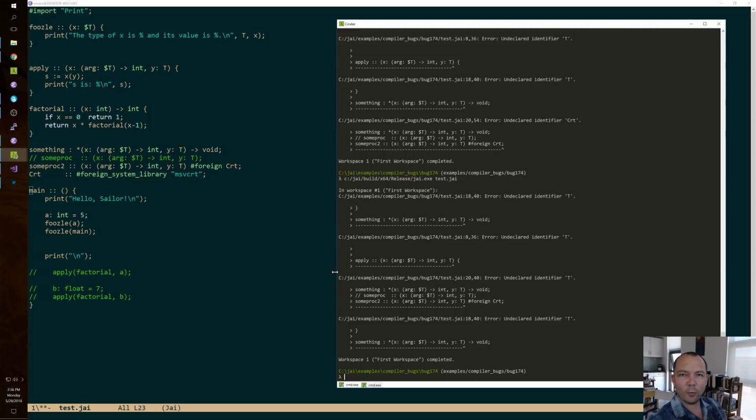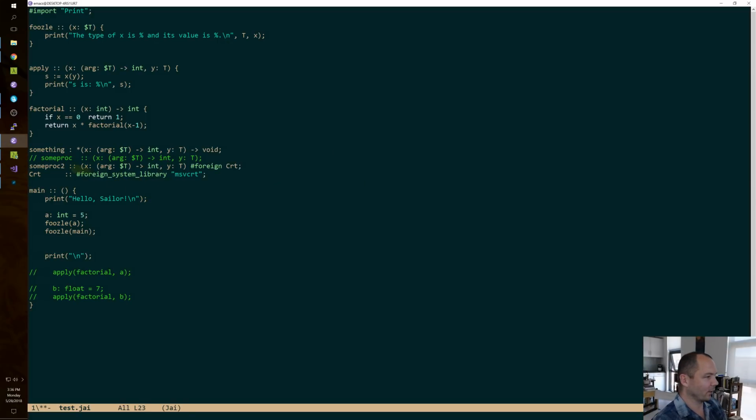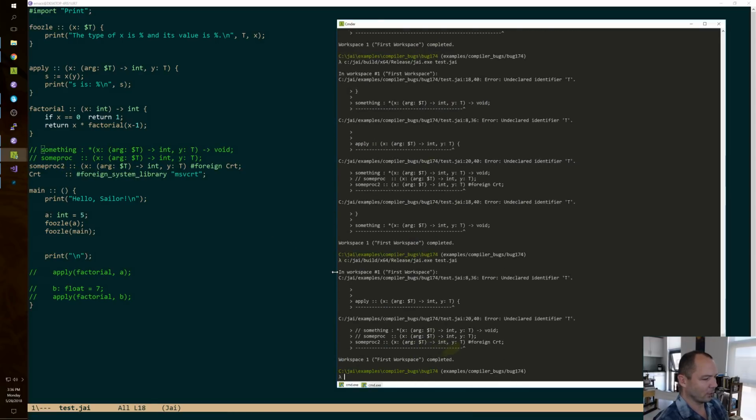But I'm actually okay with it, right? Because that falls under make the error messages better. Yeah. So what's happening is because we never call this as a procedure,